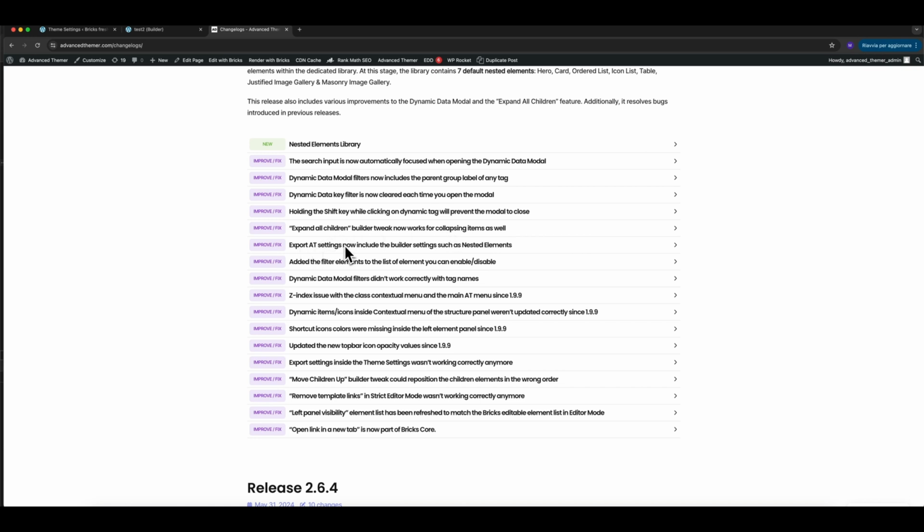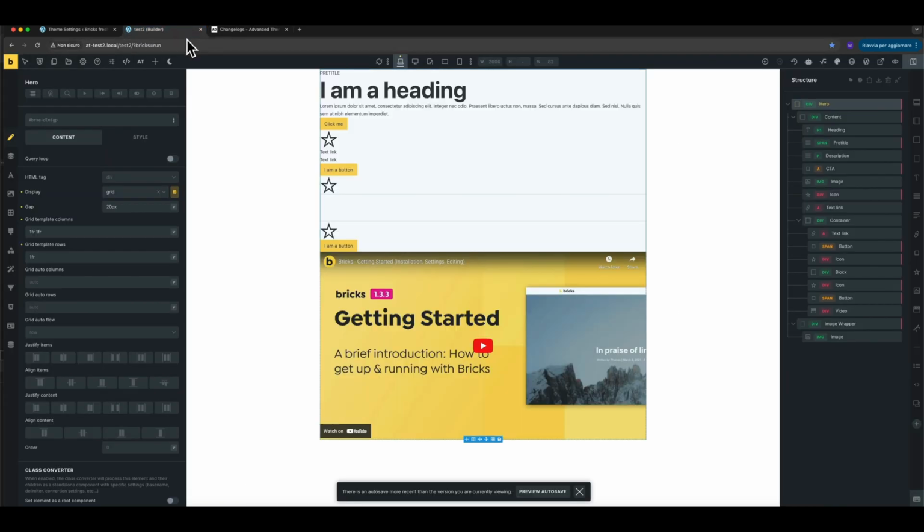Export AT had a bug in 2.6.4 that was not working correctly. So it's now working again, and it also had a couple of improvements, because now when you are exporting AT settings, it will include the nested elements that we reviewed before. So you can easily export these settings from one site to another, and it will include the saved nested elements from the source. And other building data, such as, for example, if we go back to the builder, and if